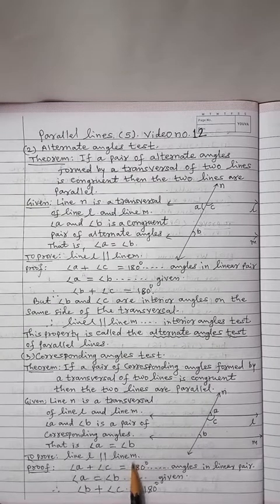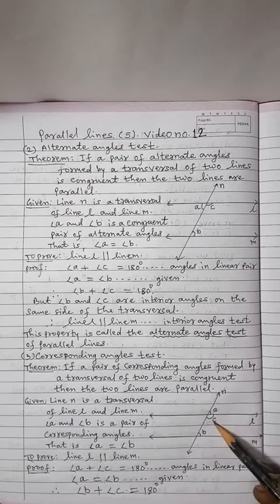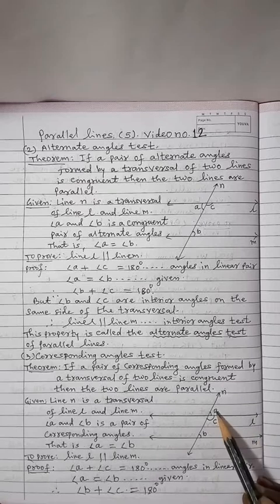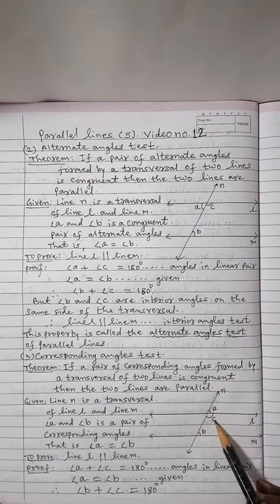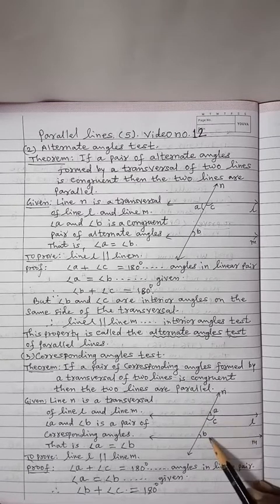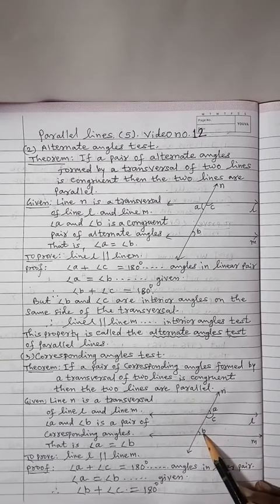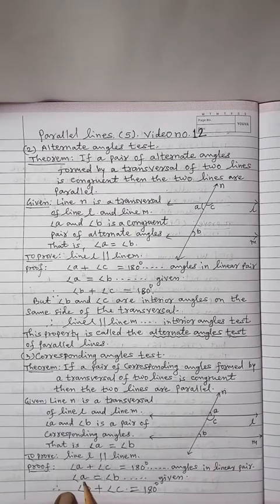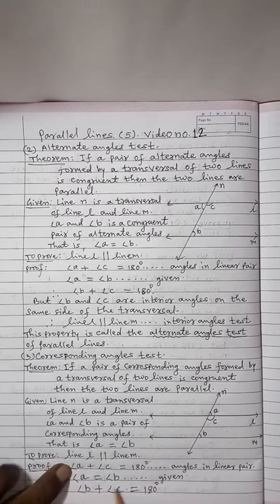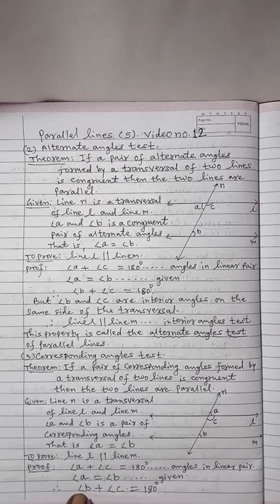Now see here. Angle A plus angle C is equal to 180 degrees. Reason, angles forming a linear pair. But we are given that measure of angle A is equal to measure of angle B. So in this result, angle A is equal to angle B is given. In this result, for this measure of angle A, we will substitute measure of angle B. So we get the result, measure of angle B plus measure of angle C is equal to 180 degrees.